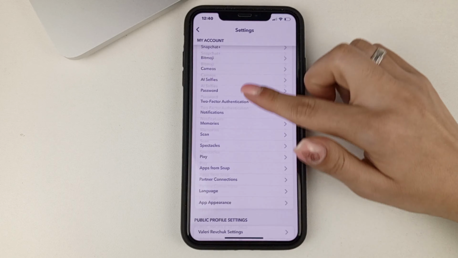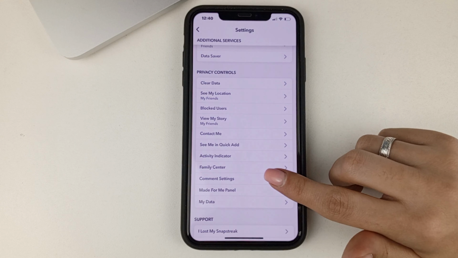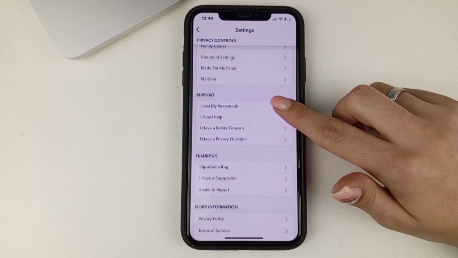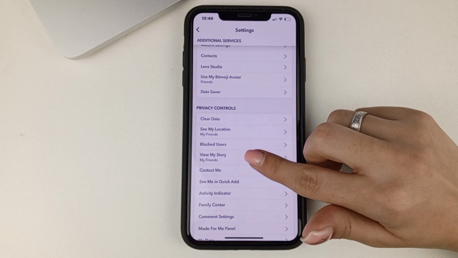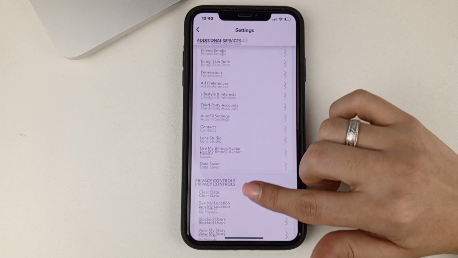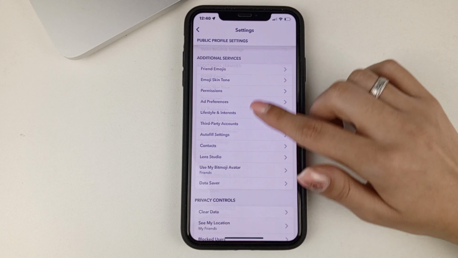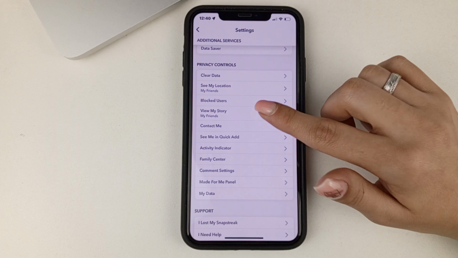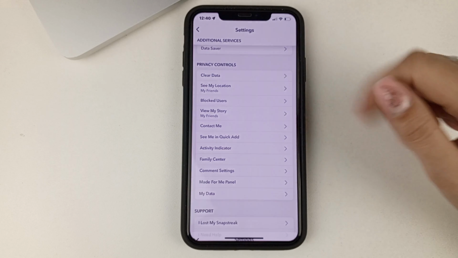And then we have to scroll down to find the See My Location section. See My Location. All right. Hit it.